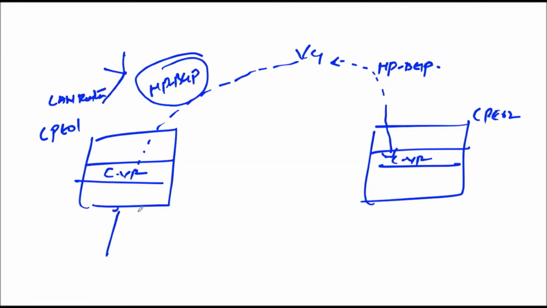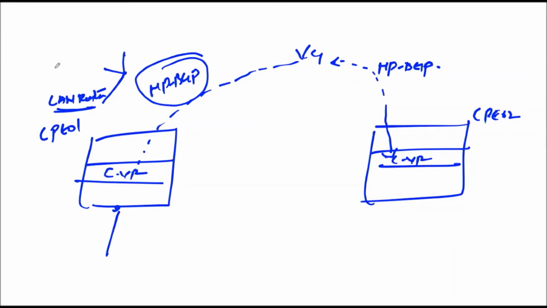All the LAN routes will be advertised with the help of the MPBGP protocol. That's what the family inet-vpn or inet6-vpn does. All the LAN routes will be advertised with the help of this MPBGP protocol. So what other routes is it going to advertise?